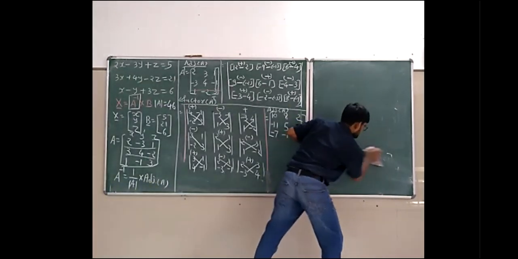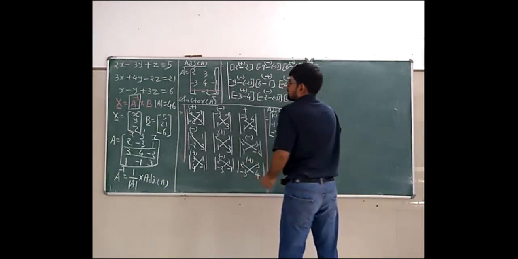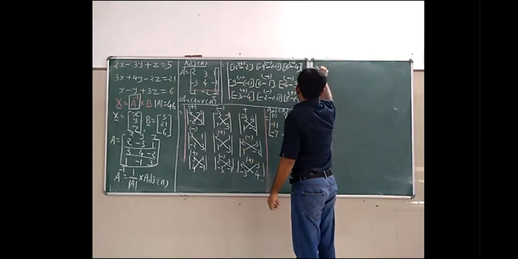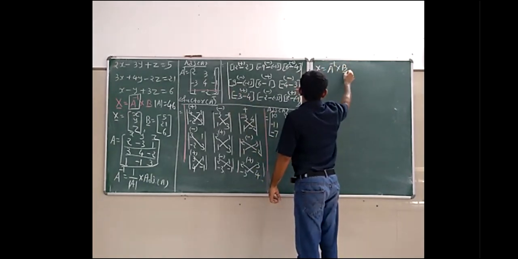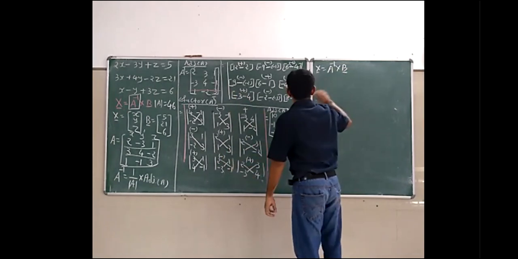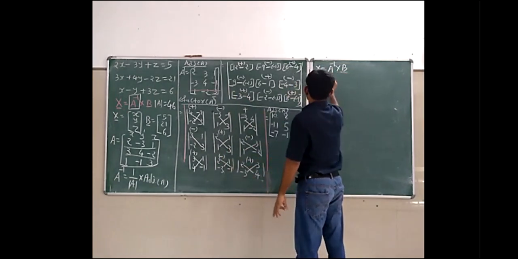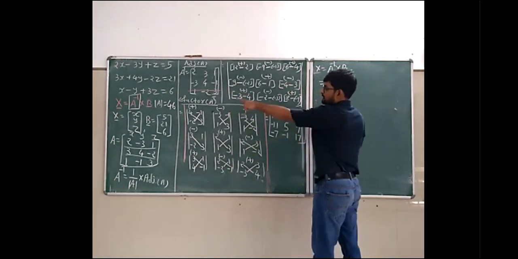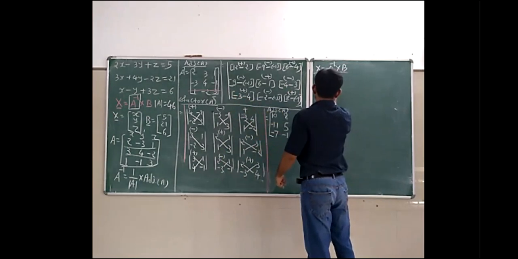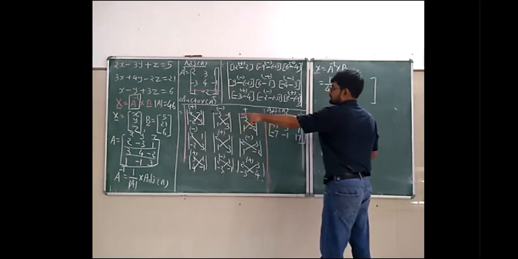Okay. So now our objective is what? Find the value of x, and the formula is what? A inverse into B vector, or you can write B also. Okay, no need to write B. Now what is A inverse? 1 upon the determinant of A. So what is the answer of the determinant of A? 46, into the adjoint of A. What is the answer of the adjoint of A?